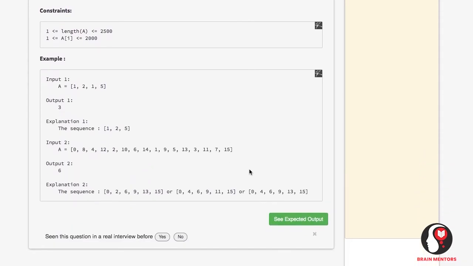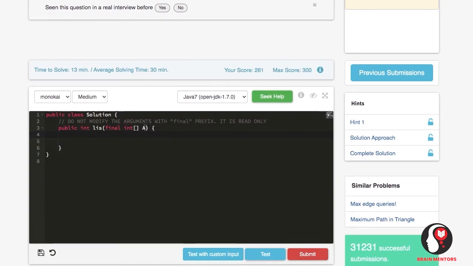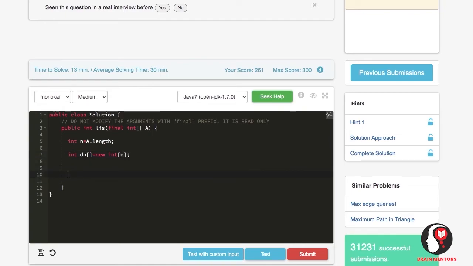So to code the longest increasing subsequence, we have been given a function named lis and we need to return the length of the longest increasing subsequence possible. First of all, we need to put the length of our input array in a variable named n, and we need to declare our dp array of the same length. After this, we need to initialize the dp array with the value 1. Why? Because I already told you that the minimum length of any increasing subsequence can be 1, that is the element itself.